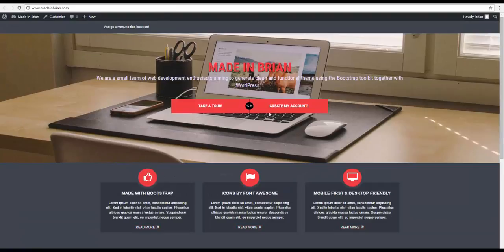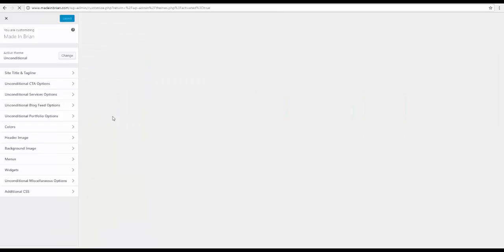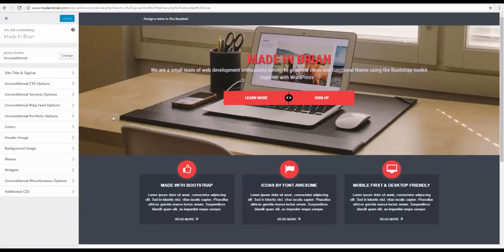That's quite awesome. So depending on the theme you've chosen as well, you can either click this customize button, or you can head back over to your WordPress admin, and under appearance, there's usually an option which says theme option. But because this theme actually allows you to customize your website in real time, we're just going to click the customize button here. And we can change pretty much everything on the page. So we can change the site